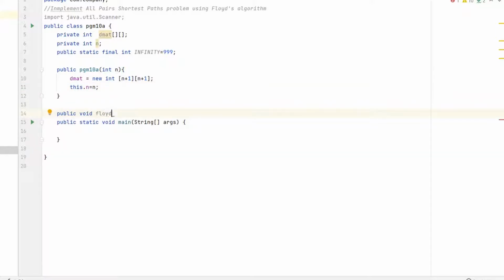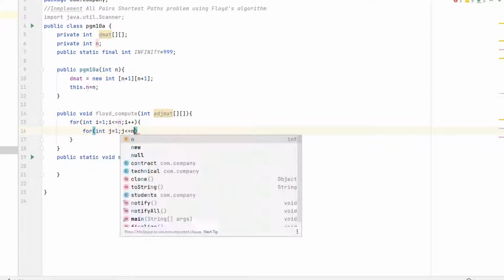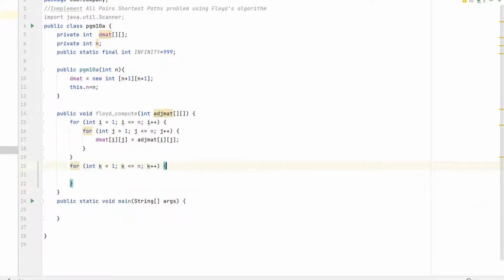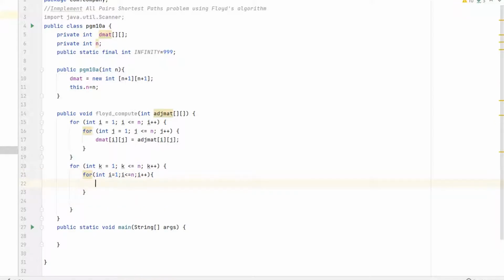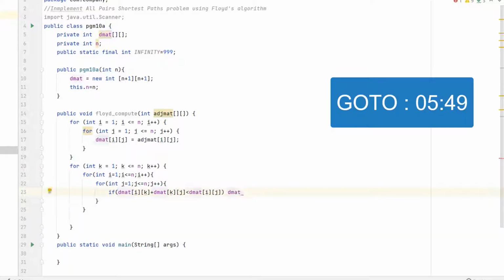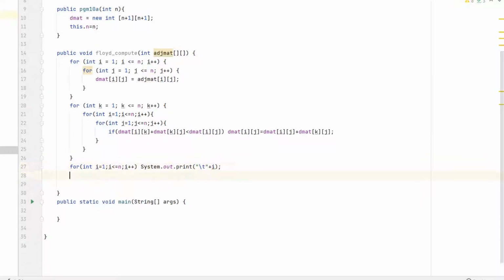Then in our Floyd compute method, we will take the adjacency matrix as argument and will make dmat equal to the adjacency matrix. Then this method is going to run the nested for loop as explained before. If you haven't seen, then please check at this time. After that, we will print the final matrix and we'll get the answer.